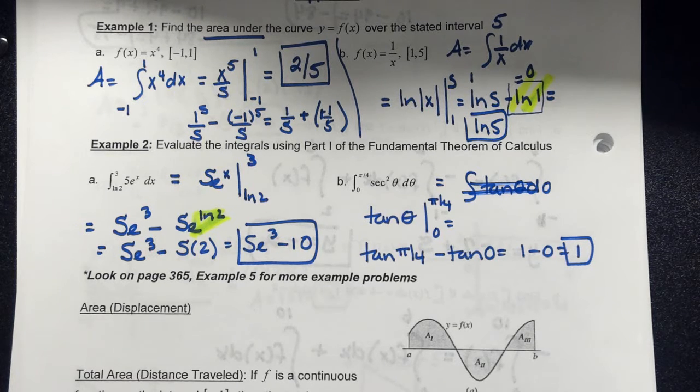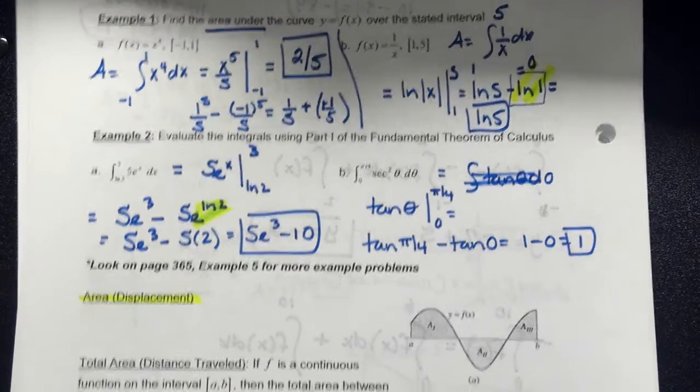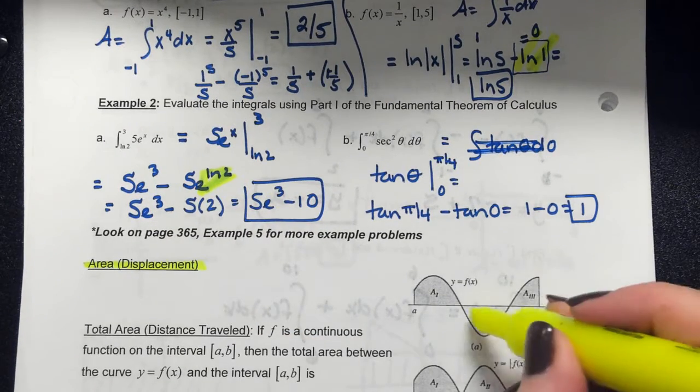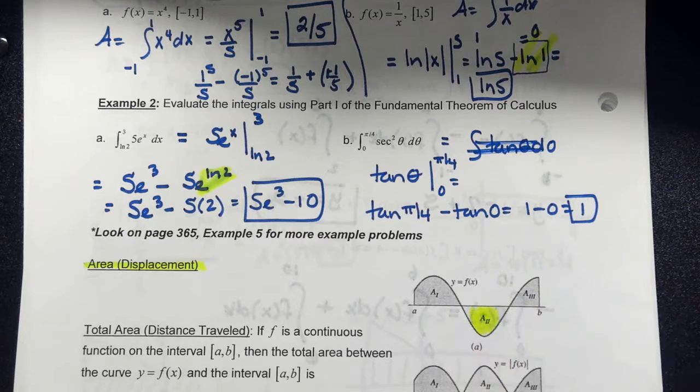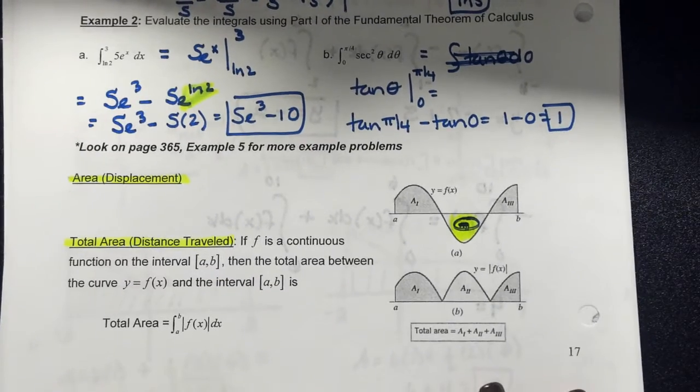We talked about this when we were talking about area that falls below the x-axis. We were talking about how the area below the x-axis we consider to be negative. And I mentioned to you, we'll be talking about total area, where we're going to be looking at the absolute value. When we're talking about area, think about displacement. Remember, when we have this region that's falling below the x-axis, we consider this area to be negative. However, if they want to talk about total area, or think about it as your total distance traveled,